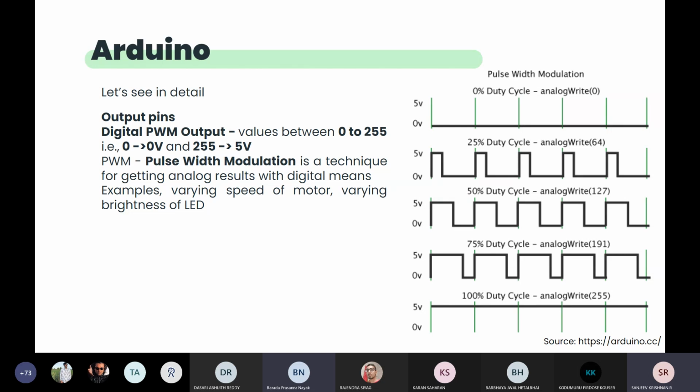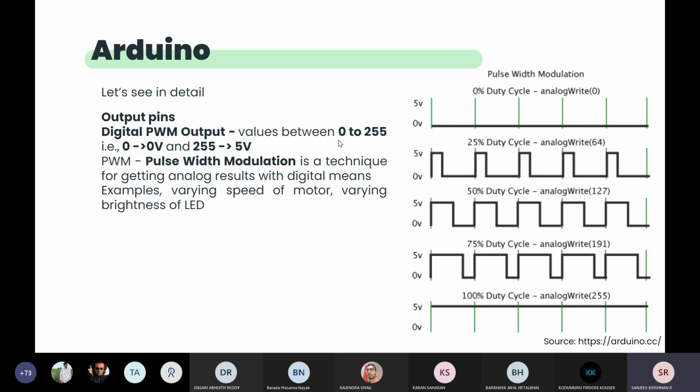So if I give 200, then it is 200 divided by 256 times 5 volt, which is something near 3.9. If you want 3.935, you can't give exactly that, but you can give the closest possible, which is 3.9 through the number 200.